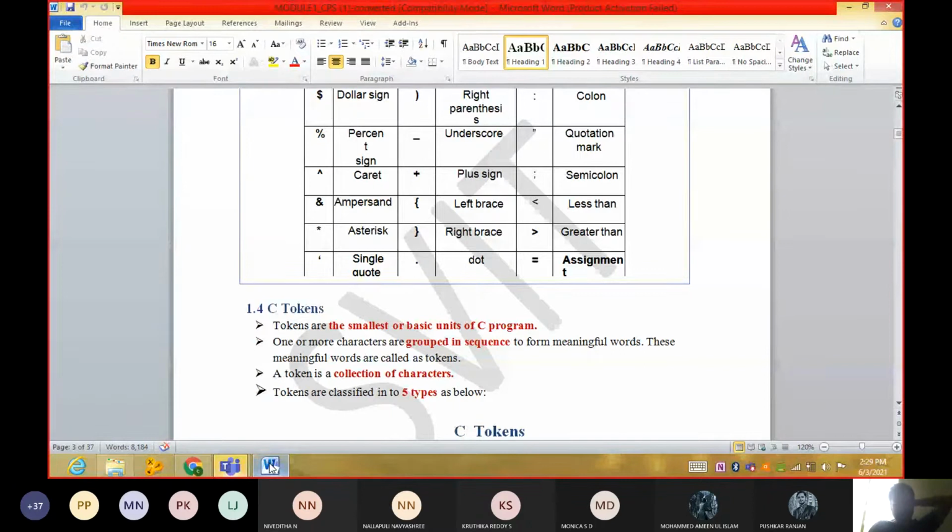Okay, and we have the different classification of tokens. Before that, you understand this one. First, what is a token? I can get you some more definitions.